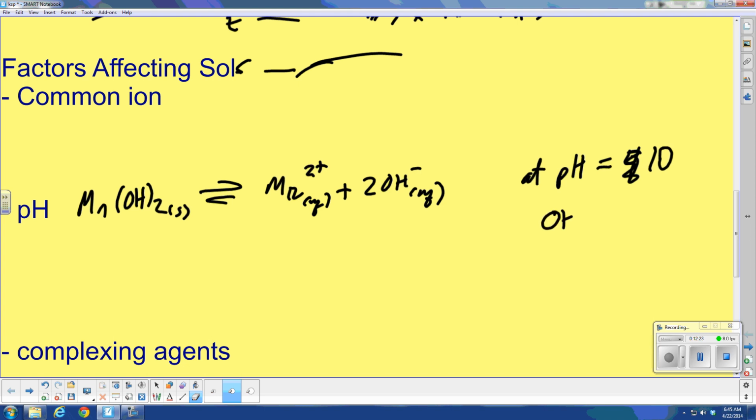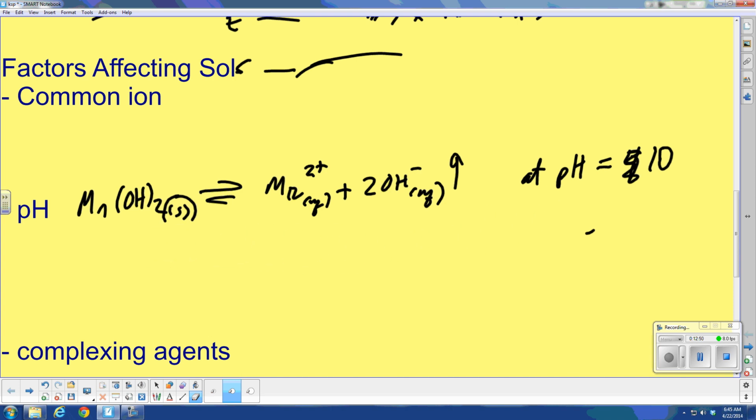That means my hydroxide concentration has increased. So this goes up. What's my equilibrium going to do? My equilibrium is going to shift back toward my reactants, meaning less of my solid manganese hydroxide will dissolve and my solubility goes down. So that is qualitatively what happens. Now, let's talk about a quantitative